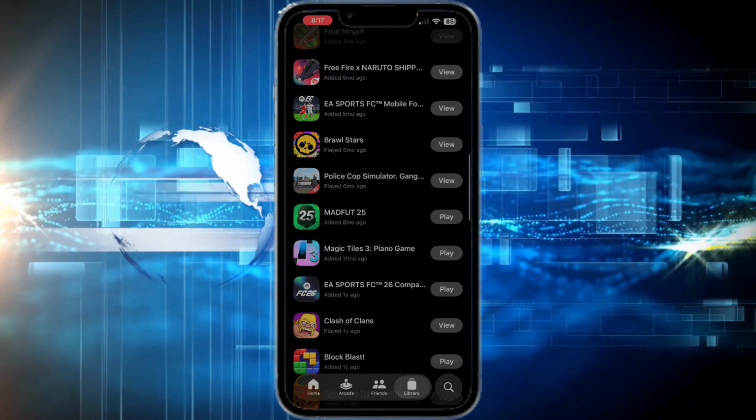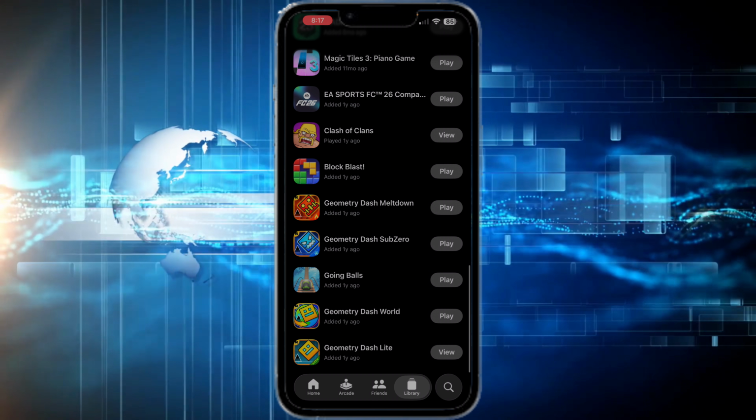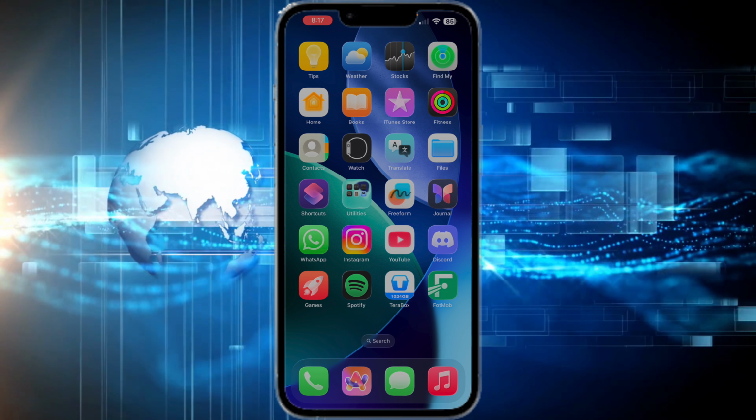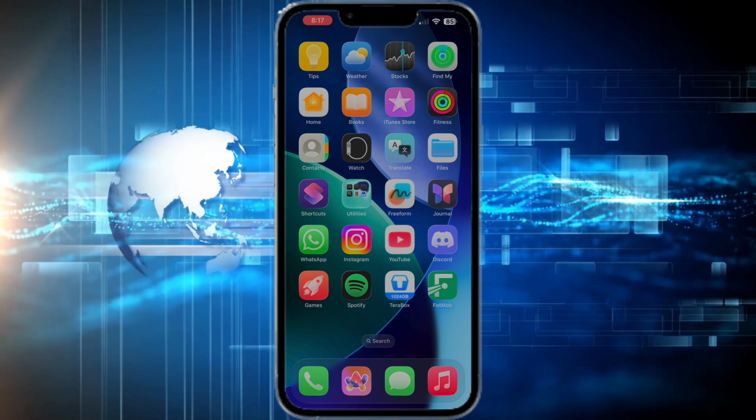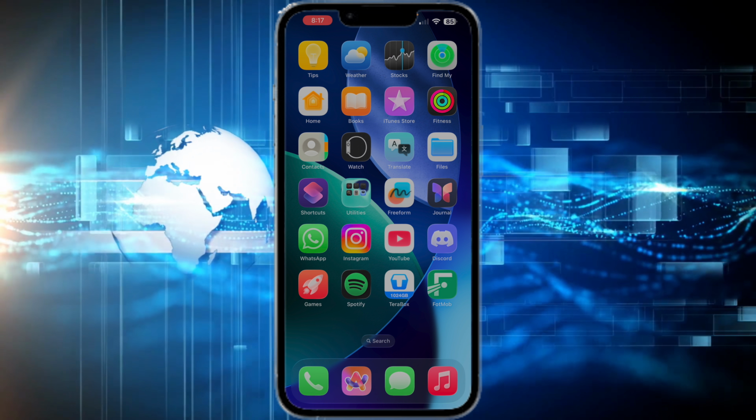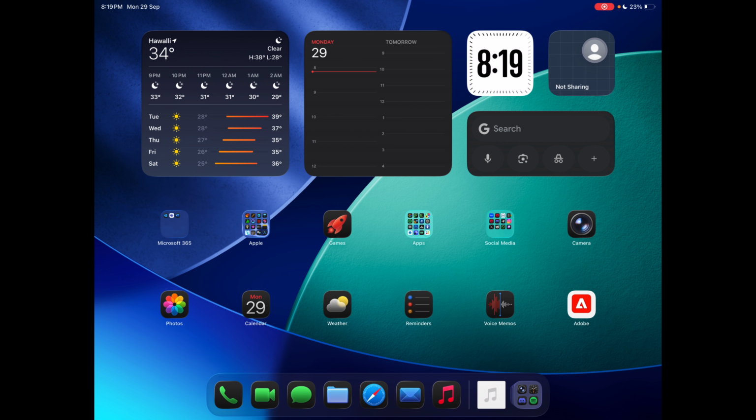And when you click library, you see all of the games installed on your phone, no matter if they use Game Center or not. And that is it for iOS 26. Let's hop on the iPad to check out iPadOS 26. This is iPadOS 26. As you can tell here,